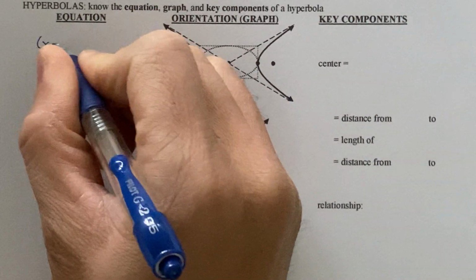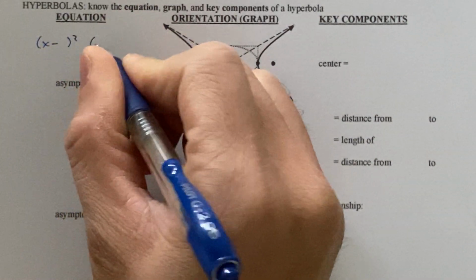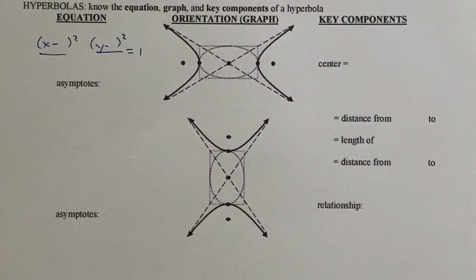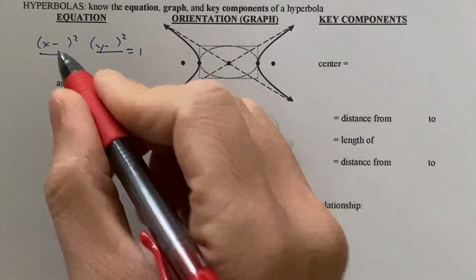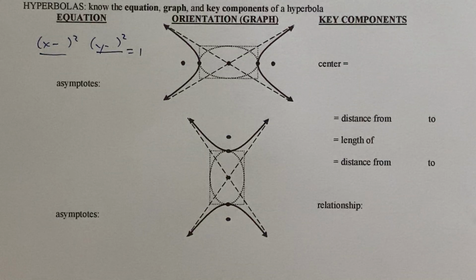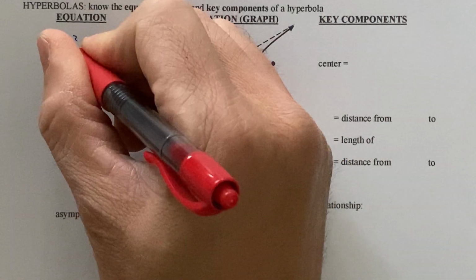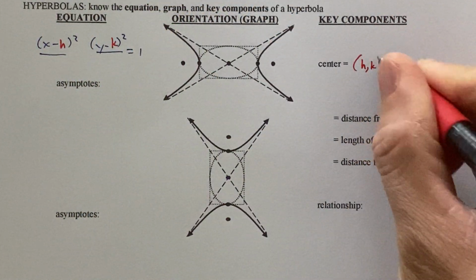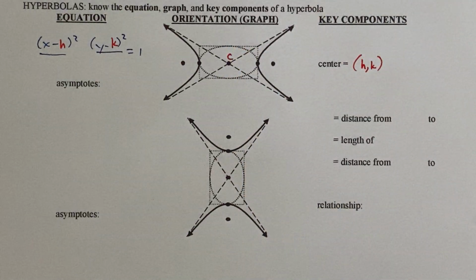So I'm going to have x minus something squared, y minus something squared equals 1, okay? The only difference really is that before we just added these two. The difference between a hyperbola and an ellipse literally is just one sign difference, one sign. Let's start off with what is familiar. HK is still going to be sort of like the center, which is this right here, okay? What's different is